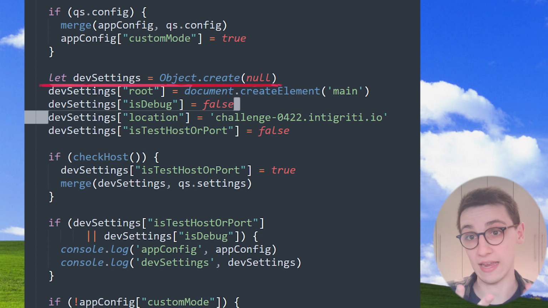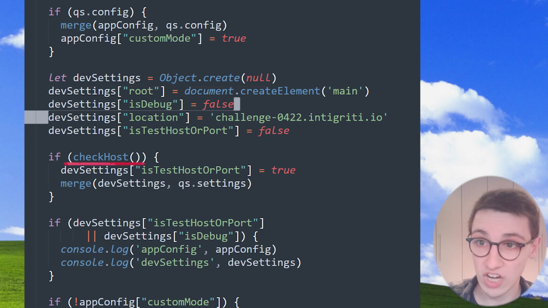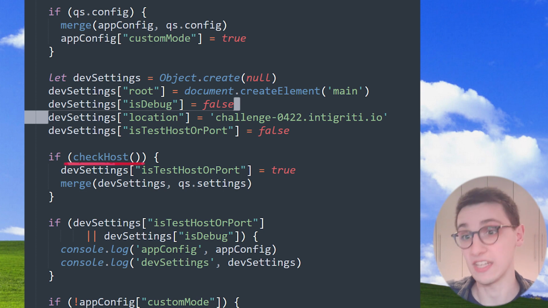The second is a Boolean, then we have a string and another Boolean. Interesting to remember. But moving on, we also have another if statement. This time it's checking for checkhost, and if checkhost is true, then it's going to perform another merge. Now that merge is interesting because obviously user input is being used there, so let's see when this checkhost is